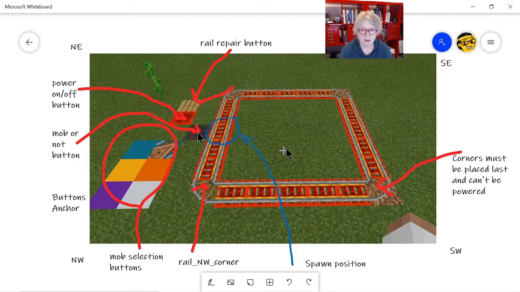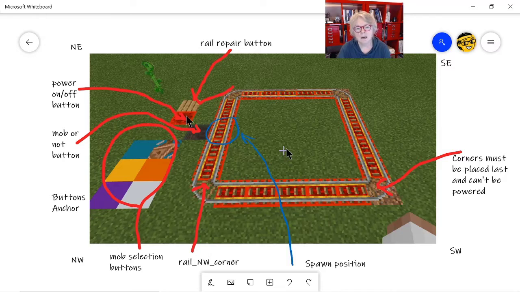Sometimes you want empty minecarts. I like riding in a minecart occasionally, and it helps if they're empty. Now this button right here, if you were watching the demo earlier, the red button turns the power off. And then that button becomes a gravel color or dirt color, and it turns the power back on when you